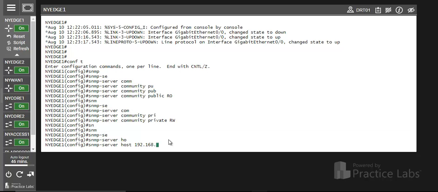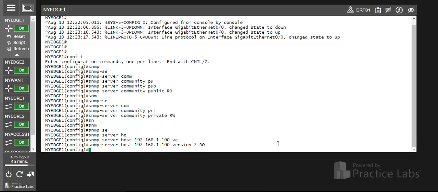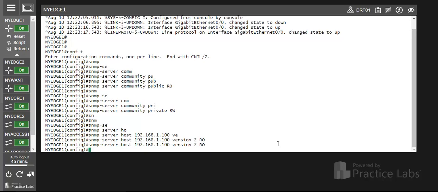This is followed by the version of SNMP. We can use any version; we are using version 2c, followed by the community string, and we will be using the read-only one. So this is how we configure SNMP traps.